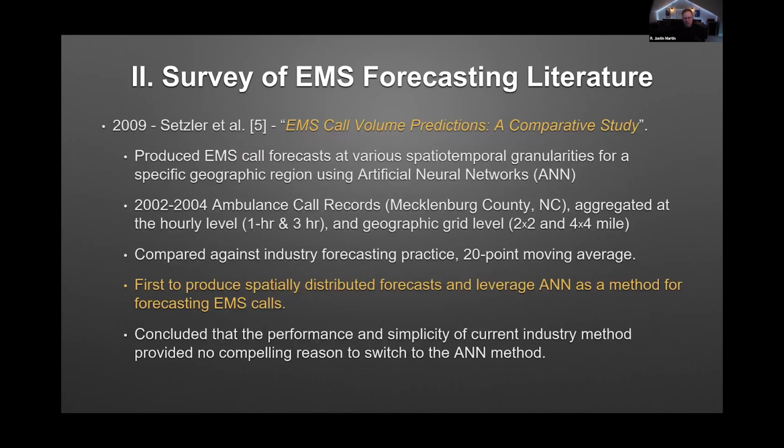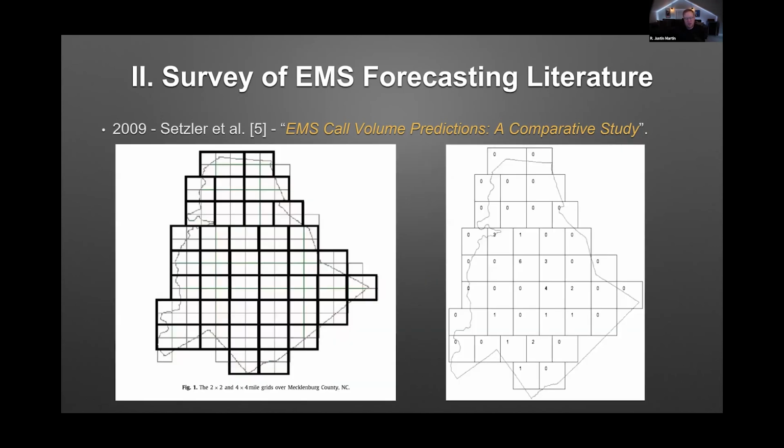All right, then in 2019, this was the first study that came out of my research group before I actually joined the team, and it was studying Mecklenburg County. This was the first study to attempt to produce EMS call volume forecasts not just based on time, what we call temporal forecasts, but spatial temporal forecasts, so looking at different spatial granularities. And so how did they accomplish this? What was their approach? Essentially, they divided the service area, this is Mecklenburg County, North Carolina,